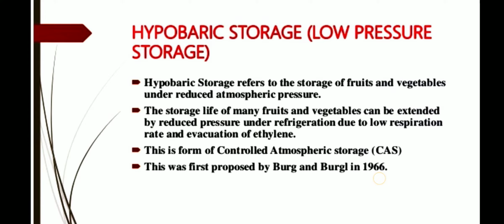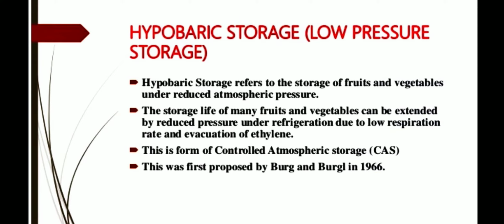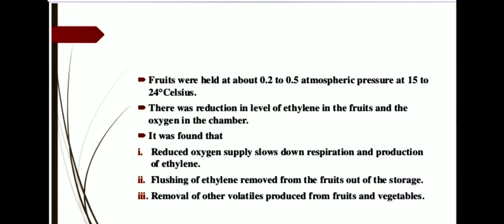This is a form of controlled atmosphere storage, which we have discussed. This was first proposed by Berg and Vogel in 1966. Now the process of hypobaric storage: fruits were held at 0.2 to 0.5 atmospheric pressure at 15 to 24